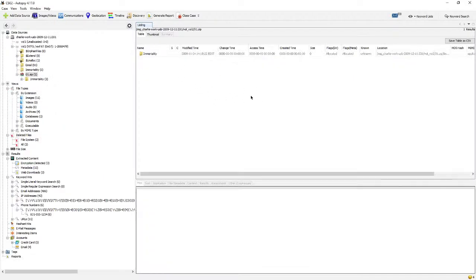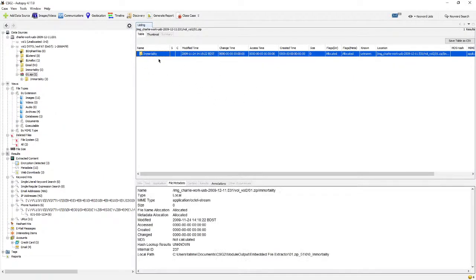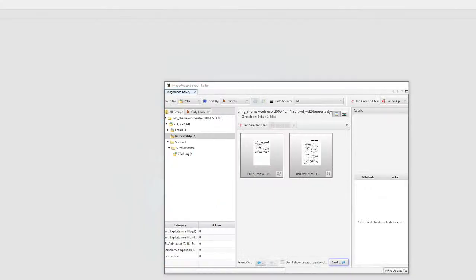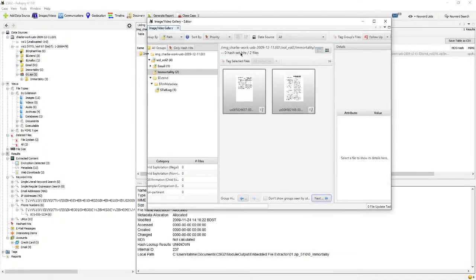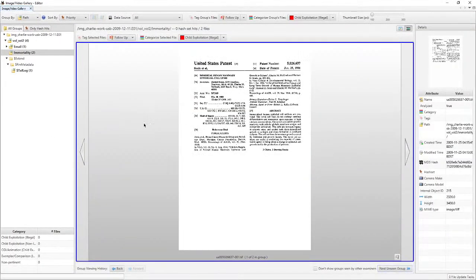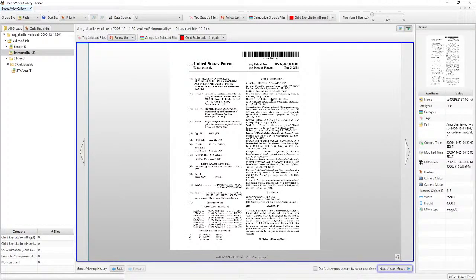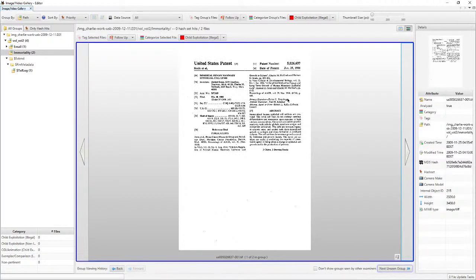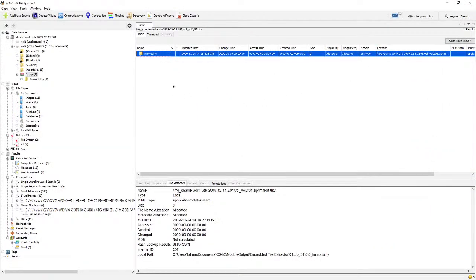So we have Immortality, which was, let's see, I believe it was over here. So Immortality was a file inside of an encrypted file called 1.zip, and Autopsy just found that for us, and we can look into the file itself, which is a United States patent, and I don't know, it might have the secret to immortality. I don't want to read it. So yeah,